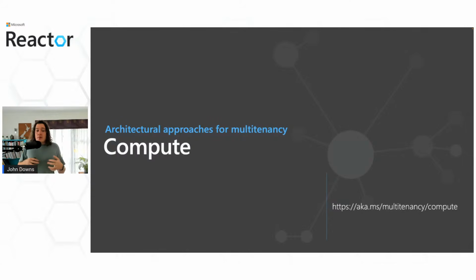Okay, so now we're going to talk about some of the specific architectural considerations when you're building a compute tier. By compute, we're talking about web servers, application services, background services, functions, and so forth. Basically anything that runs your own custom code. When you build a multi-tenant solution, there are several things to consider about how your compute services run. We're going to talk through a few here, but of course, take a look at our guidance for a lot more detail on some other topics that we don't have time to cover here.